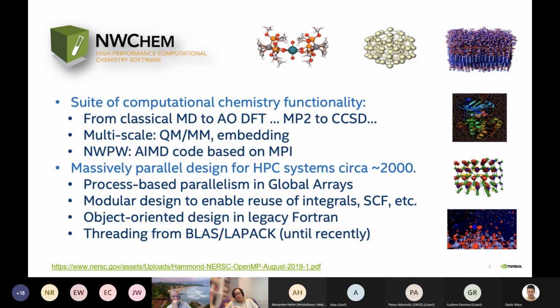NWChem has been around now for over 20 years, and it was designed with process-based parallelism in mind in the form of something called Global Arrays. I will talk about Global Arrays. For your purposes today, thanks to 20 years of development and other things, Global Arrays is a library that sits on top of MPI, with a variety of details of how that happens that I will describe, because that is probably the most important thing. For historical purposes, Global Arrays actually predates MPI, and there's some interesting stuff there that you may care about, but